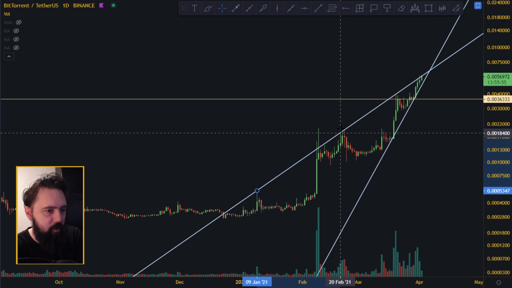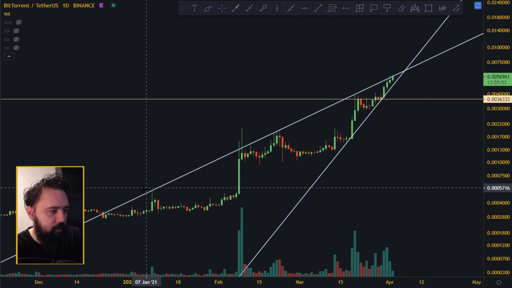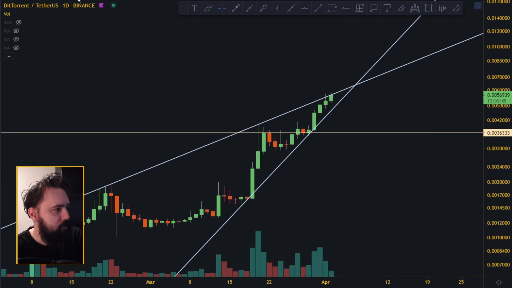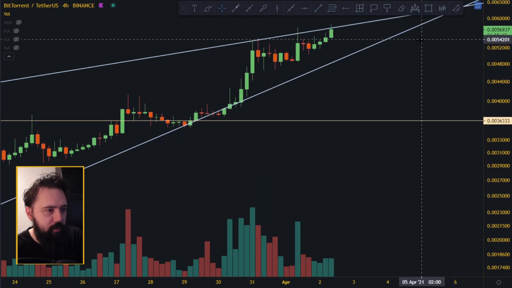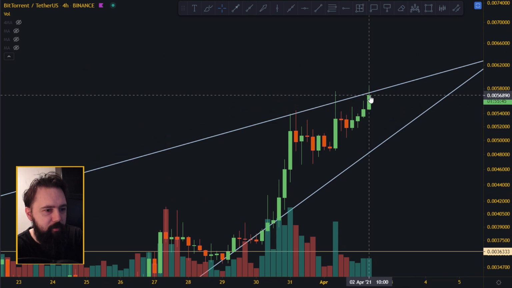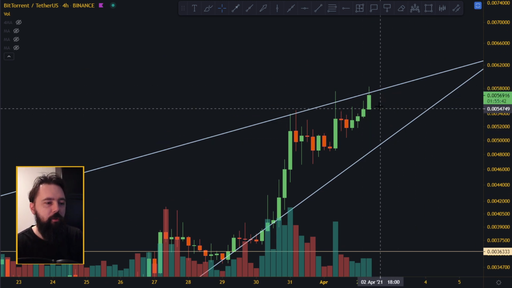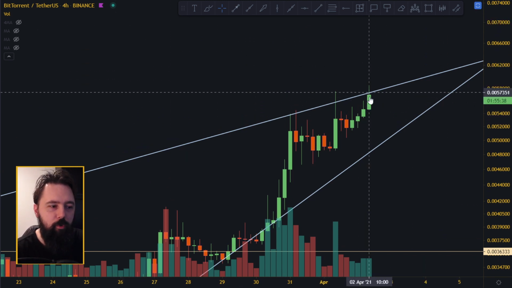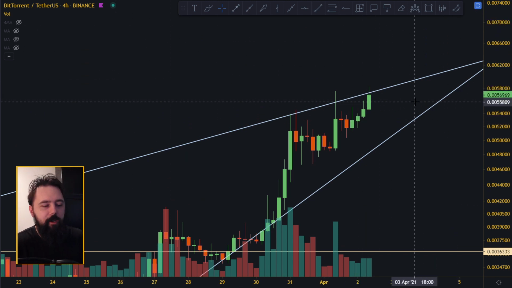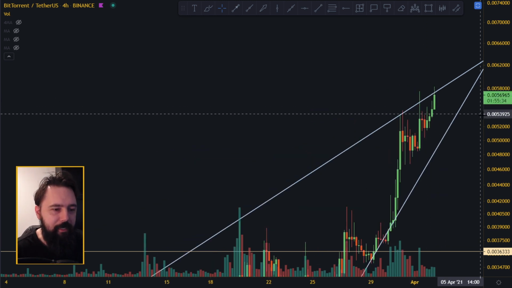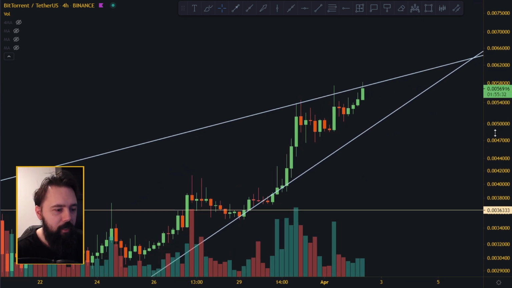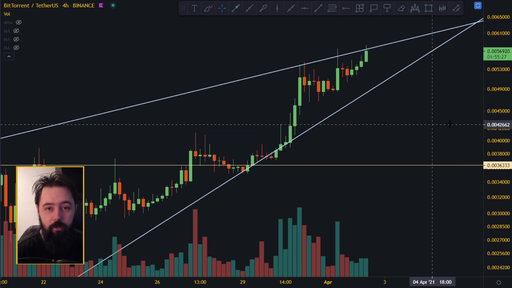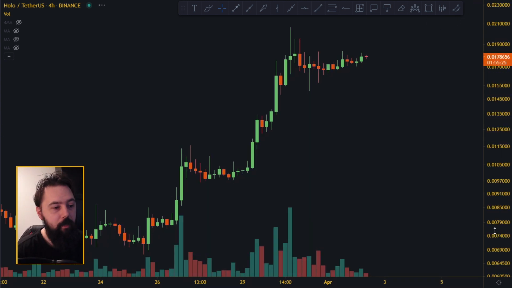It hits these tops, and then yeah, now you can see it. These tops, this top over here, and these. And if you zoom in, you can see here that we are sitting just below the line, and we want to try to break the line. So this is a 4-hour candle, so around 2 more hours before we can confirm if we are above the line or not above the line. But it looks very good. It looks ready to explode. And you have to understand, once it explodes, it's gonna do something similar to what Holochain did.